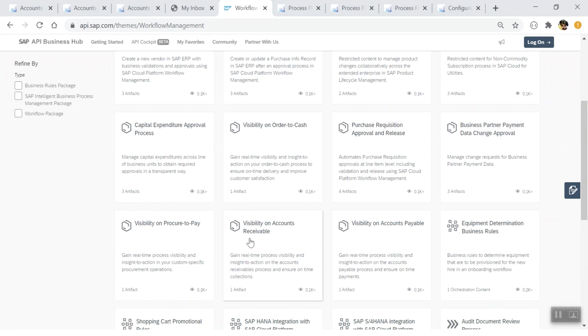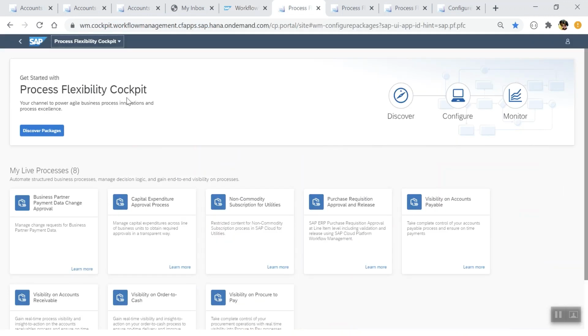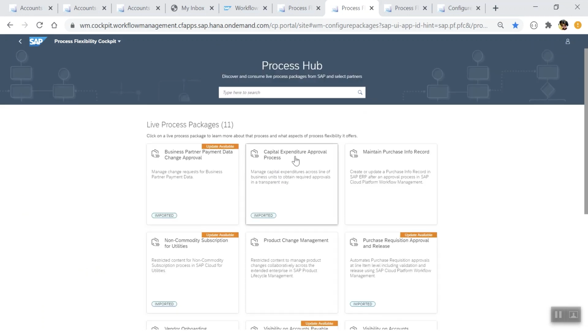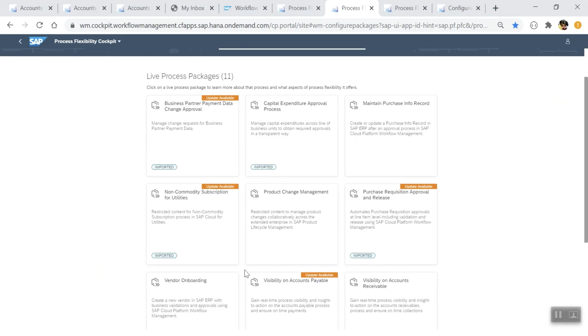Upon provisioning or subscription of SAP's cloud platform workflow management in your tenant, you can consume this package via Process Visibility Cockpit. You can discover the package by connecting to the API Business Hub, where all the packages are listed.